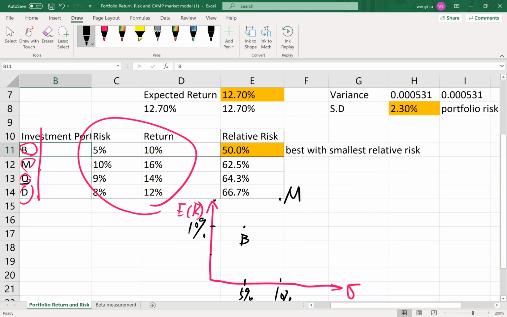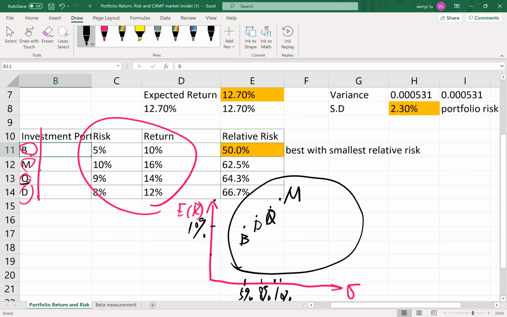And for the Q, when the risk is 9%, returns 14%. So this is the Q. And the last one is the D, when the risk is 8%, and the return is 12%. You know, there on this graph,